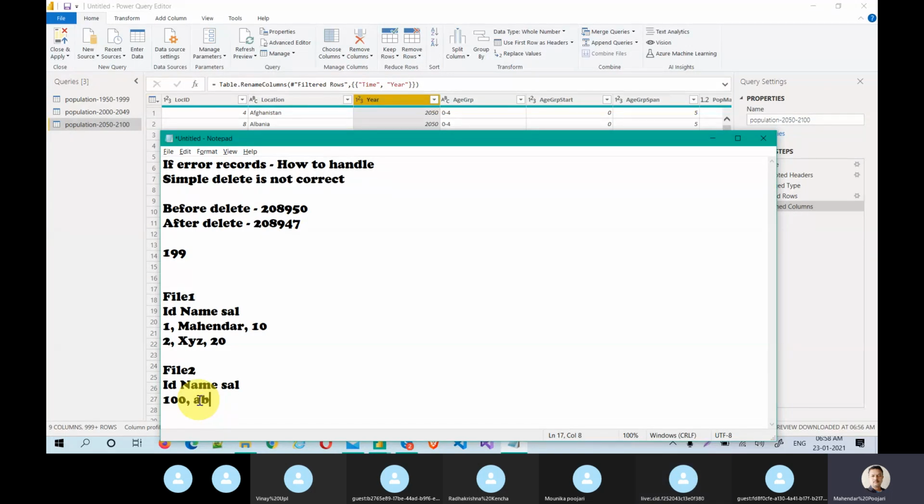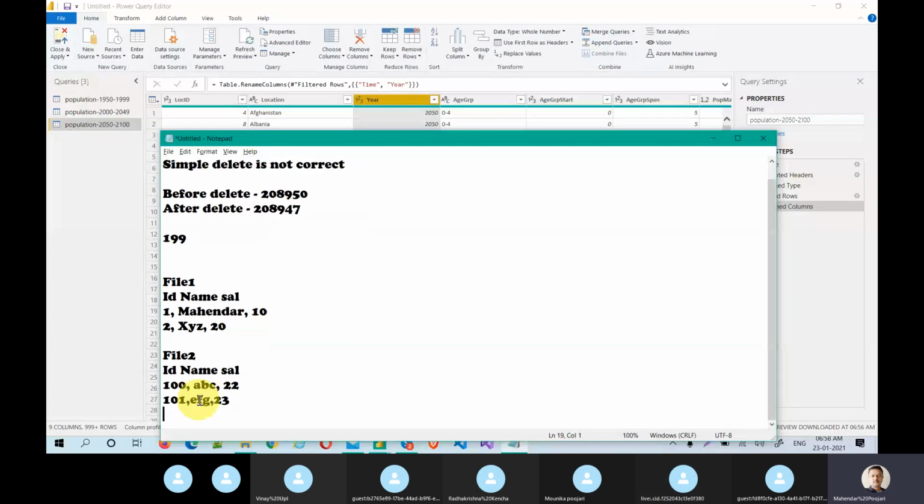Okay, ABC, and let's say 22 and 101, comma, EFG and 23. Something like that. But I don't want to work with two different files because I feel that I can merge this data.